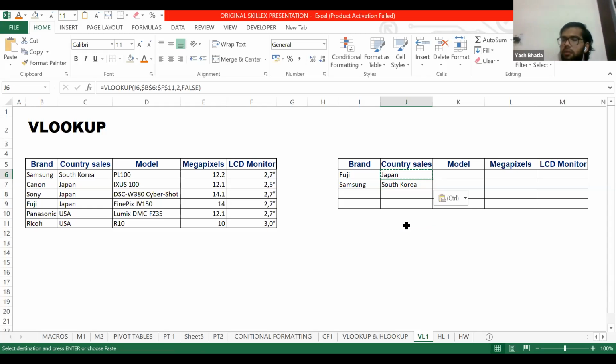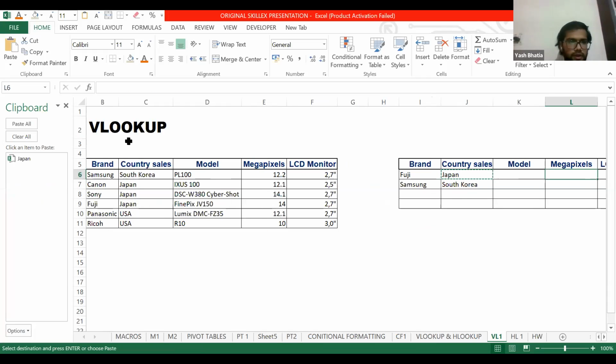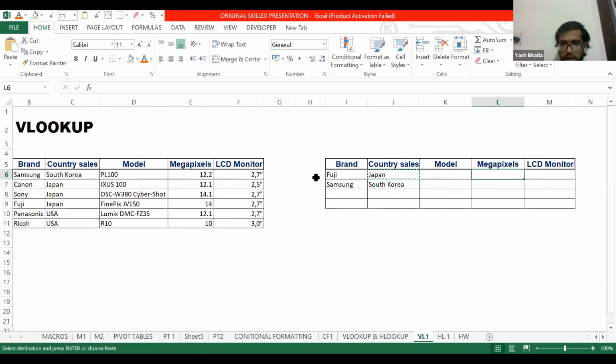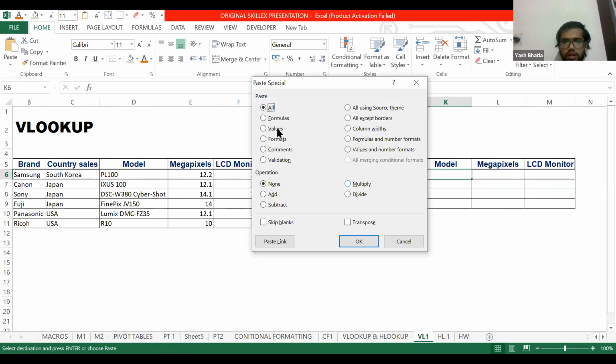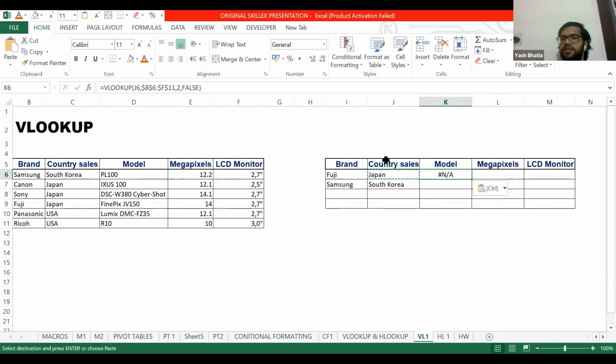Okay, so let's fill the remaining part of the table. I again copy the formula. Just a second. Okay, and I paste it in this cell, paste special formula. It's again showing an error. What's the cause of this error? Let's find out. See, this is fine.